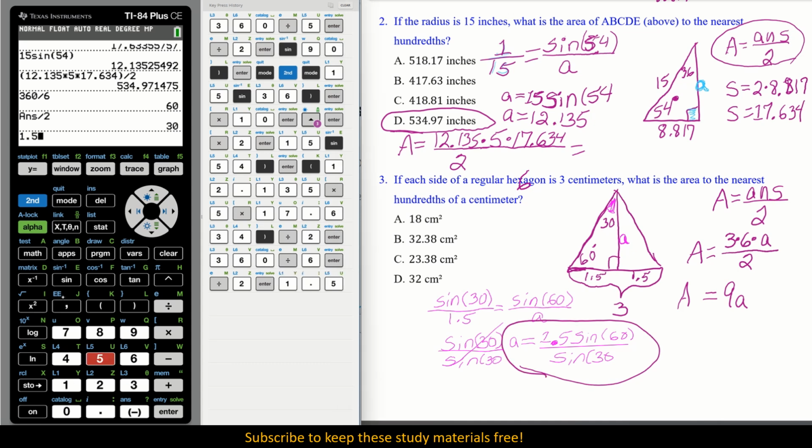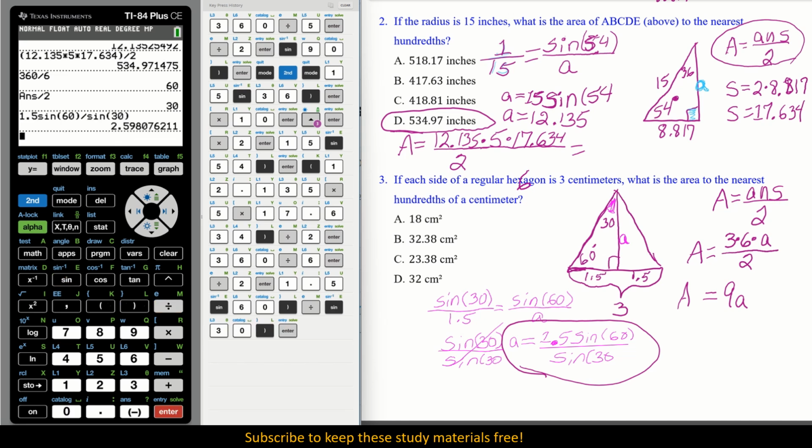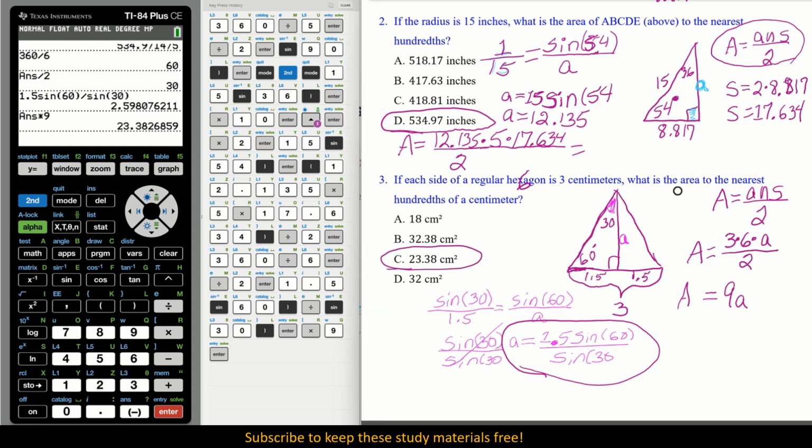So 1.5 sine of 60, okay, and divide all that by sine of 30. Let's see if I put it in correctly, equals. And that is correct. That is our value of A. So all we have to do now is just multiply that times 9. And we have it. Option C. Great. I'm going to go ahead and jot in what that is. 9 times